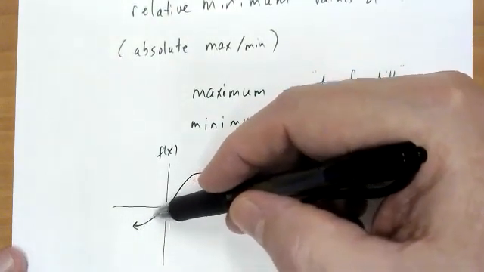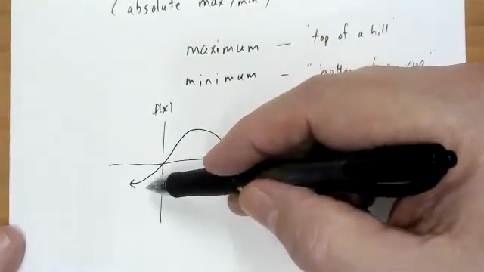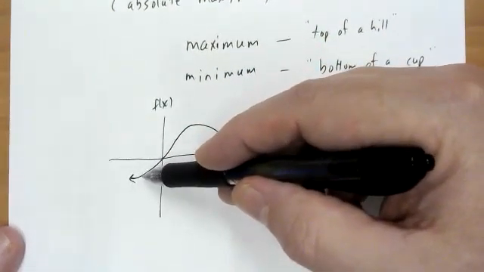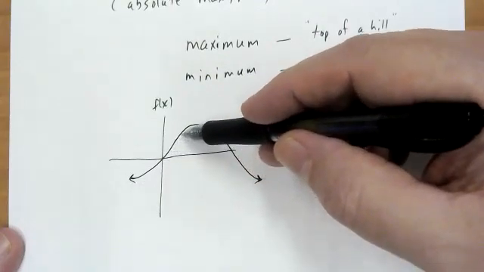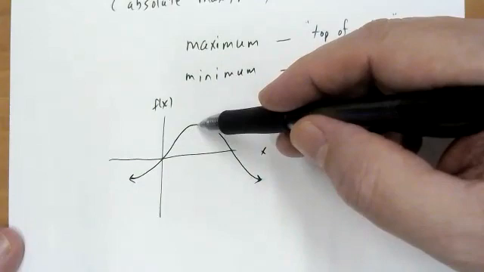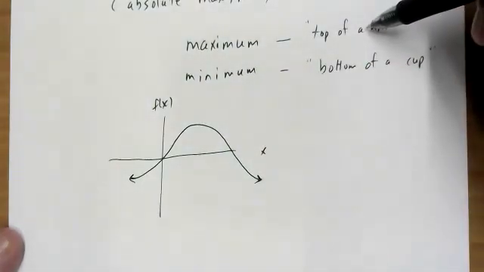As you look at functions and graphs, you always move from left to right. So moving from left to right, you can see we're going up, the function's increasing, it keeps going up, and then somewhere at the absolute highest point of this graph,